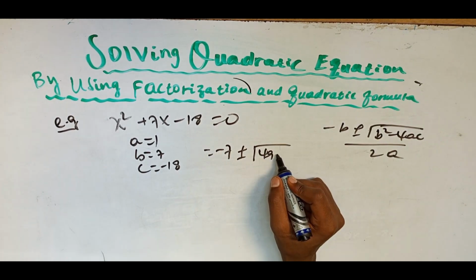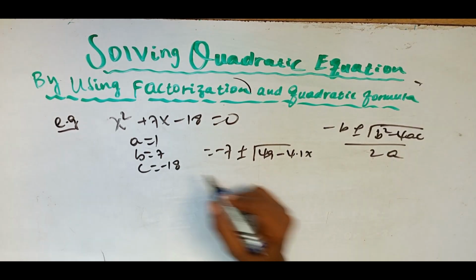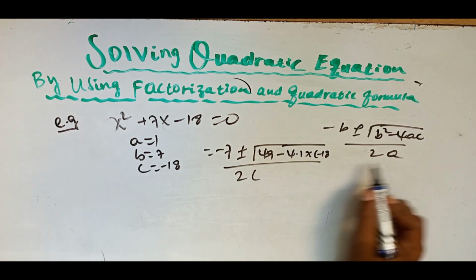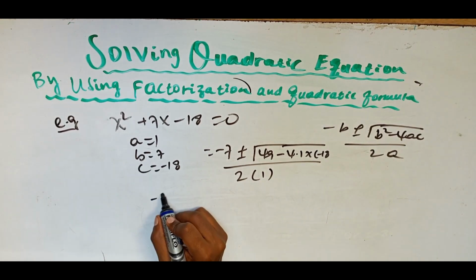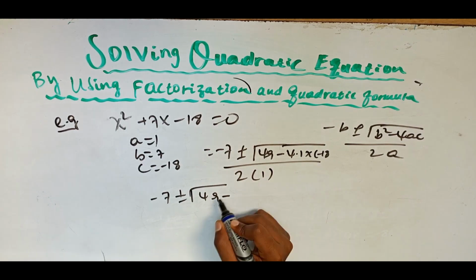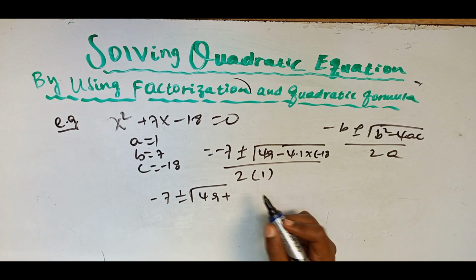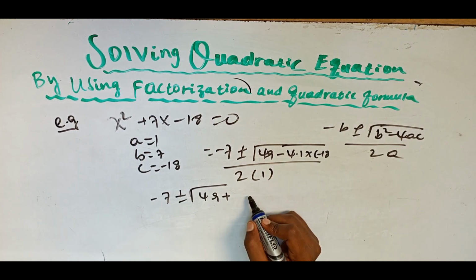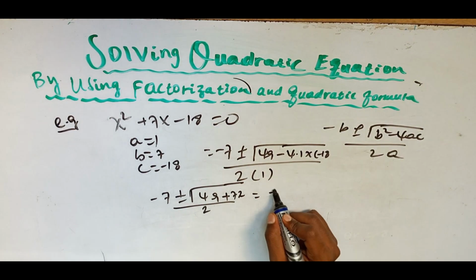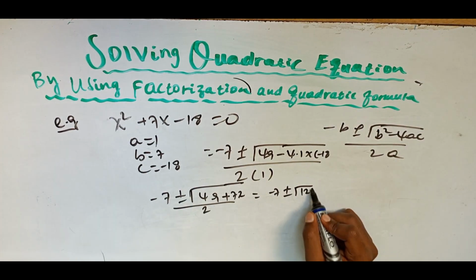7 squared means 49, minus 4 times the value of a, 1, times the value of c, minus 80, over 2 times the value of a, 1. So minus 7 plus or minus the radical of 49 minus minus plus. We have minus over here. Again, we have minus over here. Minus times minus is plus. 4 times 80 is 320 over 2. So which is minus 7 plus or minus the radical of 49 plus 320, which is 369